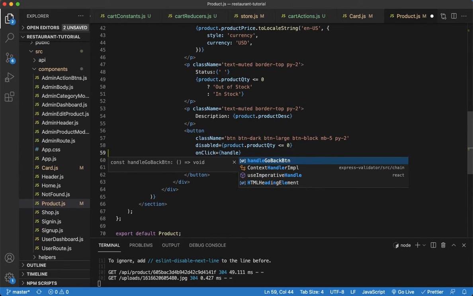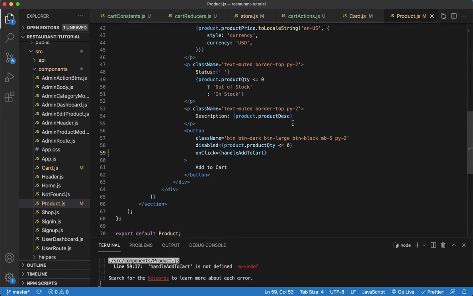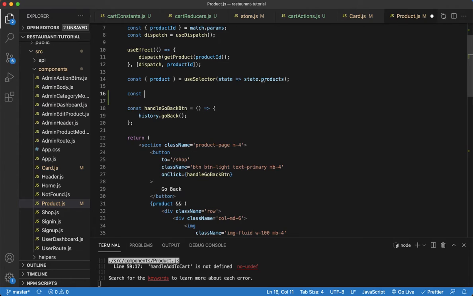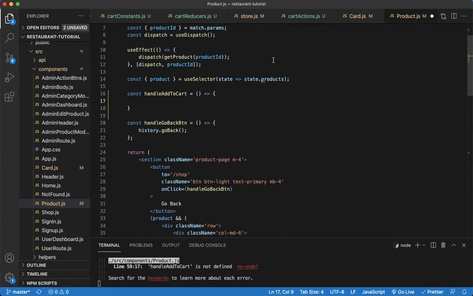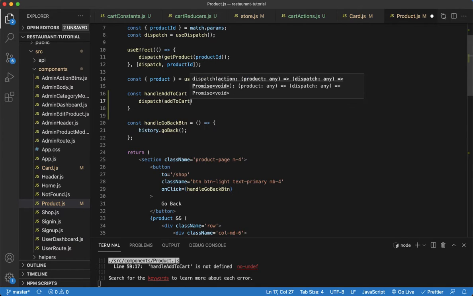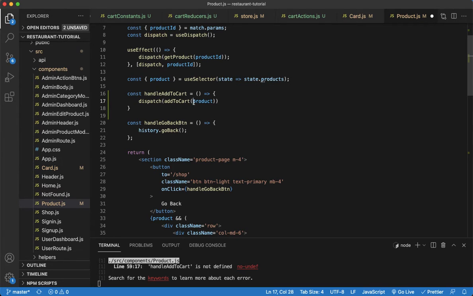It's going to be handle add to cart. Move up here, and I'm going to add our event handler here, handle add to cart. And I'm going to dispatch add to cart, and then now we're going to pass the product as an argument here, just like this. All right, so now if I save that,